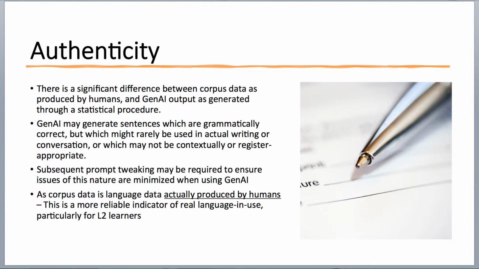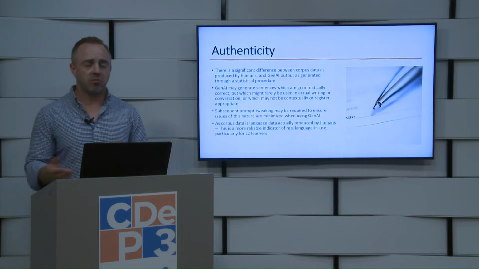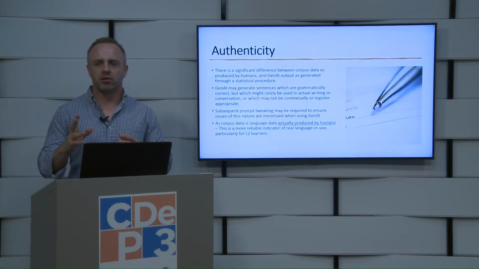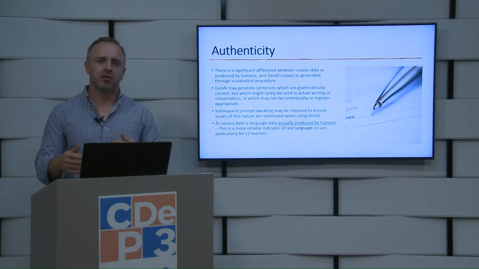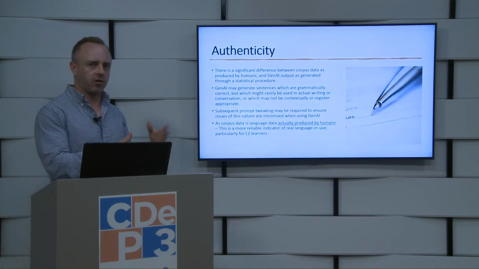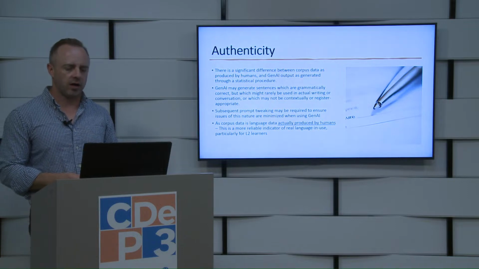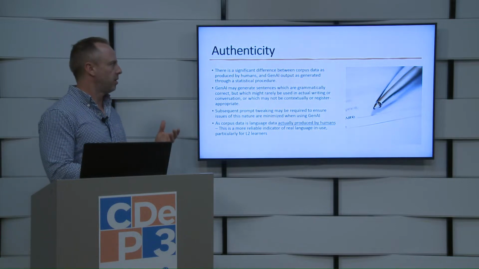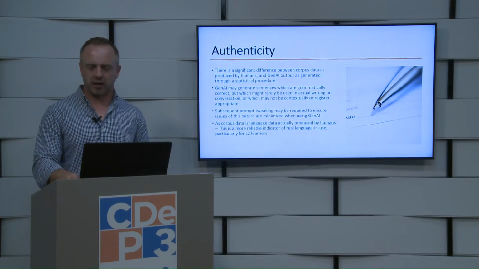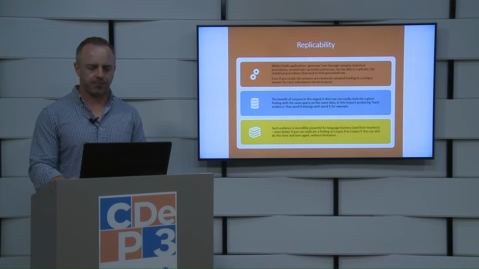But very often, although those predictions can be very, very good, they can also result in things that are incorrect. They may result in sentences that no one would ever say in real life, or that are too academic or not academic enough as compared to what an authentic human doing academic writing might ordinarily produce. Therefore, we say that corpus data is still significantly more authentic than the language that is produced by generative AI, at least at this point in time.